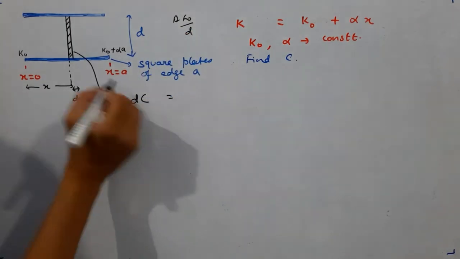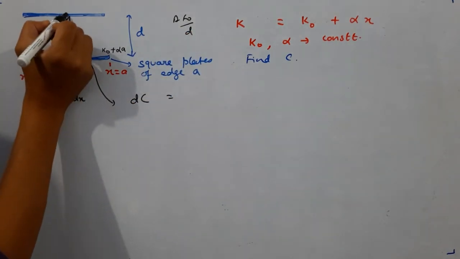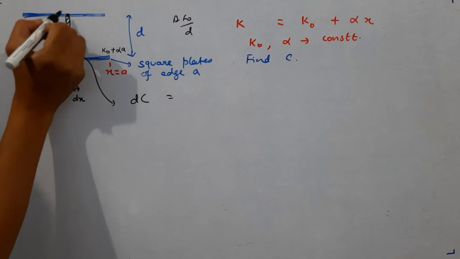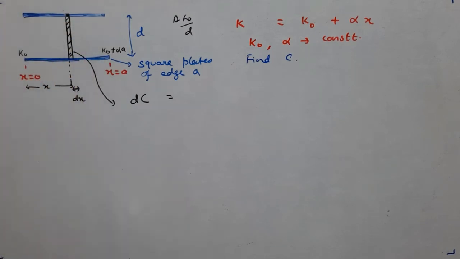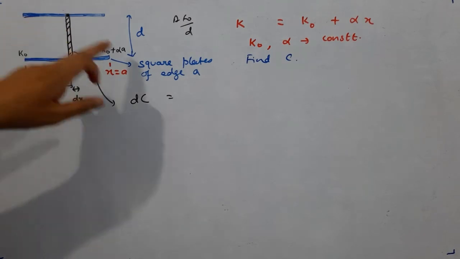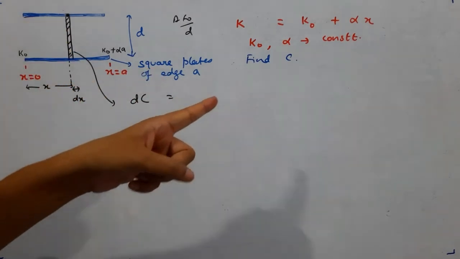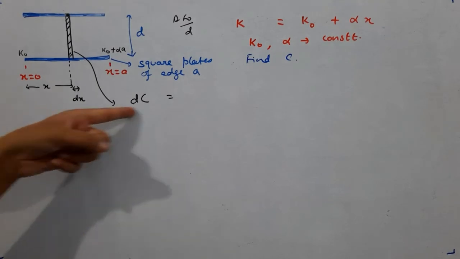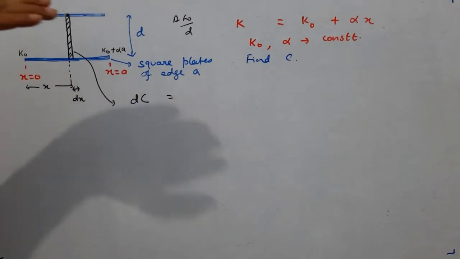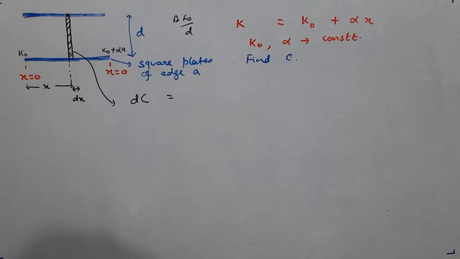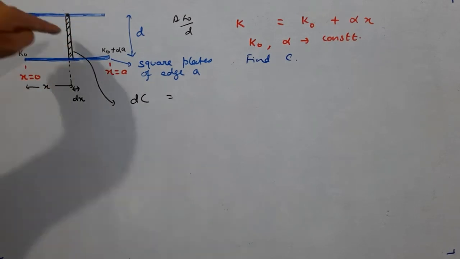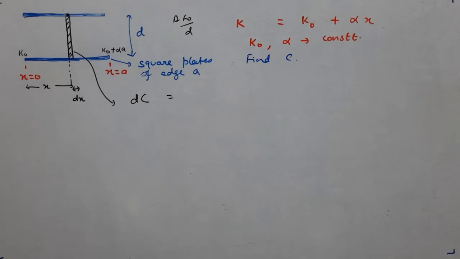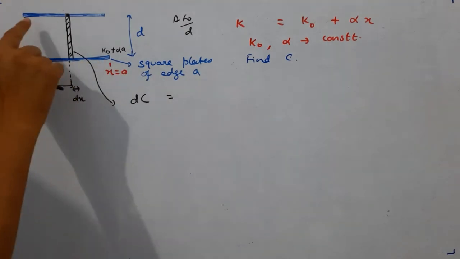Now what is the area of this? Area of this is this much. What is this length? This length is dx. Remember, this is not a two-dimensional figure. It has to be viewed, imagined in 3 dimensions. This plate, I have told, is a square plate. A square plate will be like this. You are seeing from the top, front view. So this thickness is dx, and then there is a length. Length of that square plate is how much? A.